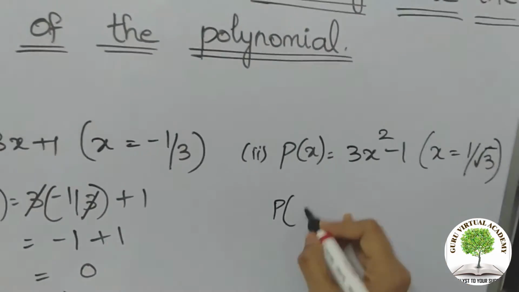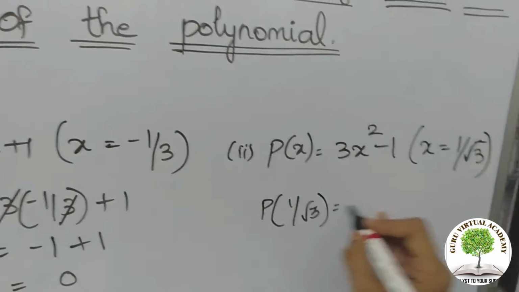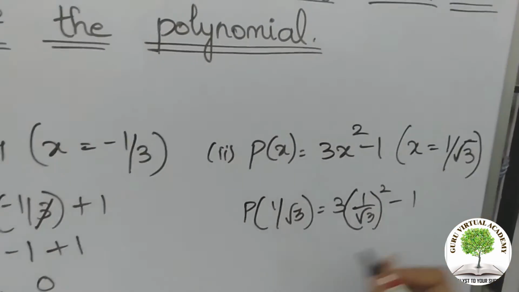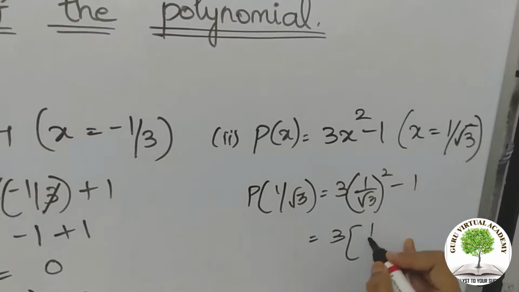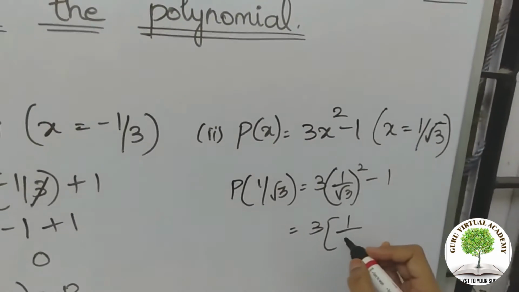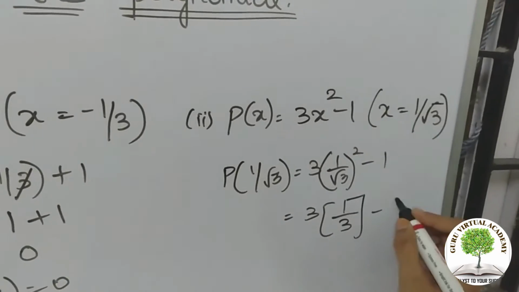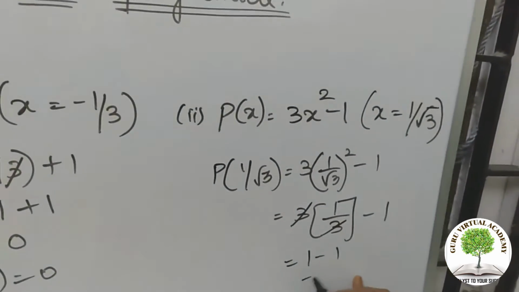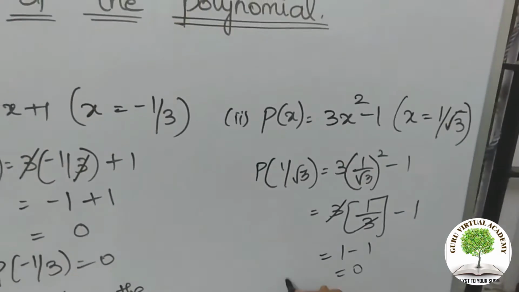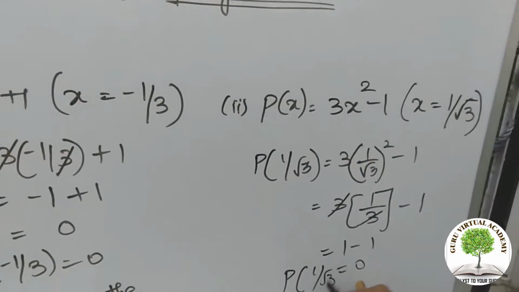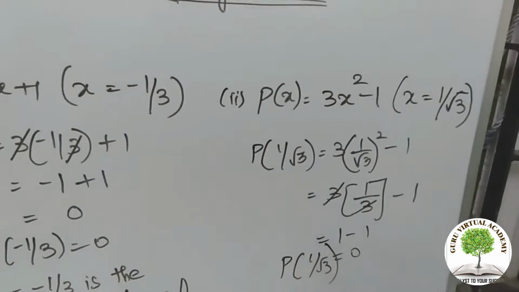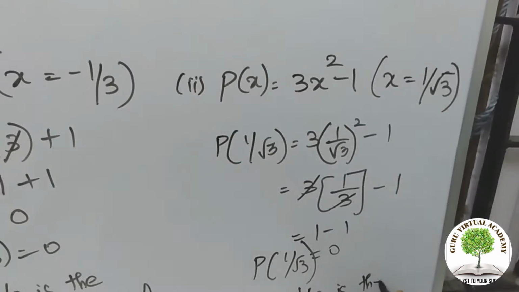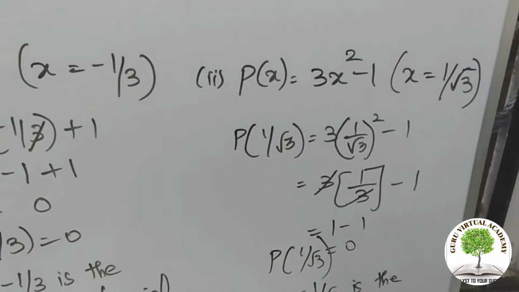So P of 1 by root 3 is equal to 3 into 1 by root 3 the whole square minus 1. So 3 into 1 by 1 square is 1 and root 3 the whole square will become 3 minus 1. So here again 3 and 3 will get cancelled. So 1 minus 1 is equal to 0. So P of 1 by root 3 is 0. So therefore 1 by root 3 is the 0 of